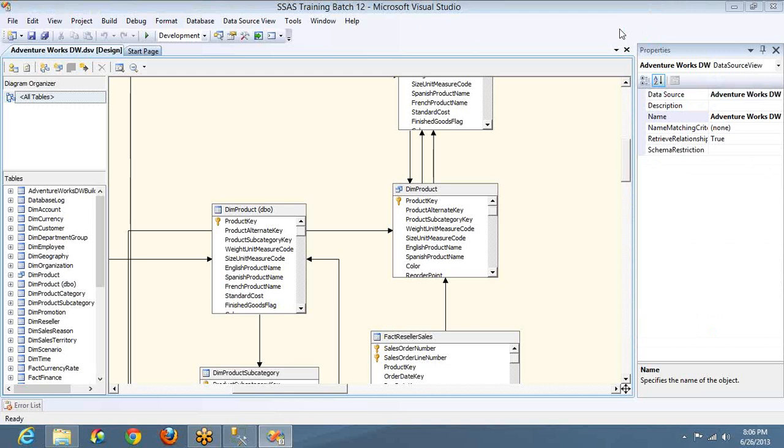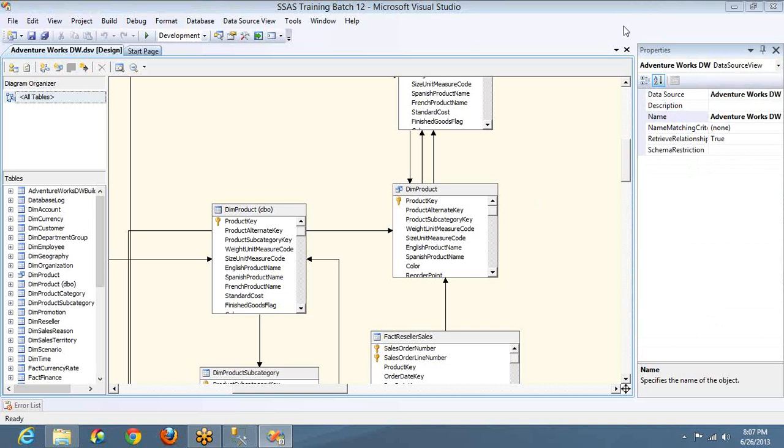If you remember, in the second session we discussed that the first part is setting the connection to the data source. Once the connection is set, the second part is to identify the tables. What are all the tables that are required for your analysis purpose? We have done that. And the third one is creating the data source view. Once the identification of the tables required for your analysis services project is done, the next step is identifying which one is a dimension table and which one is a fact table as per your requirement. That we have done in the last session.